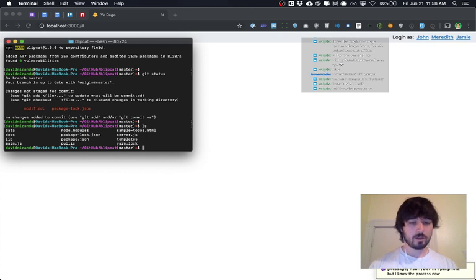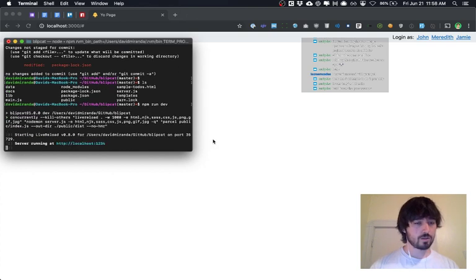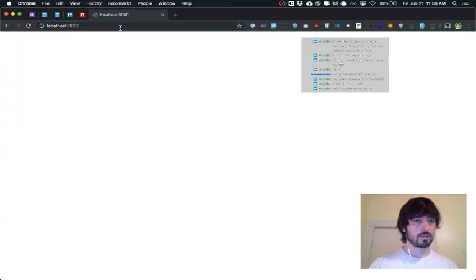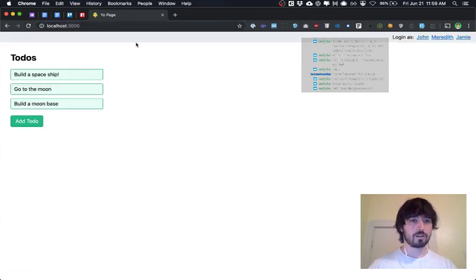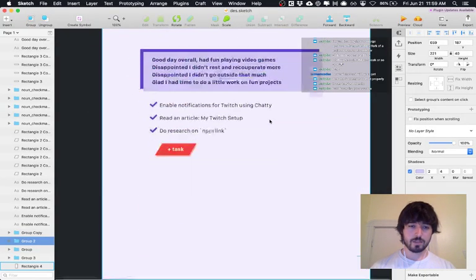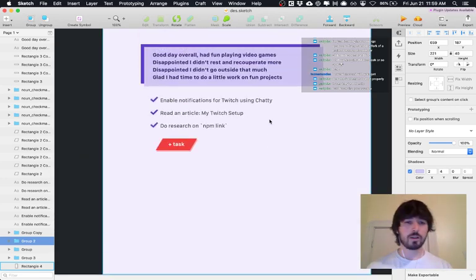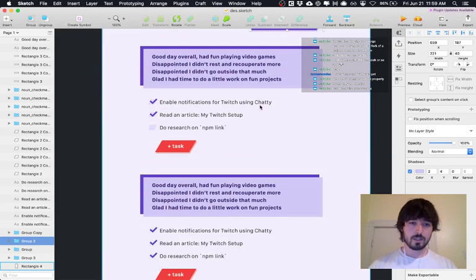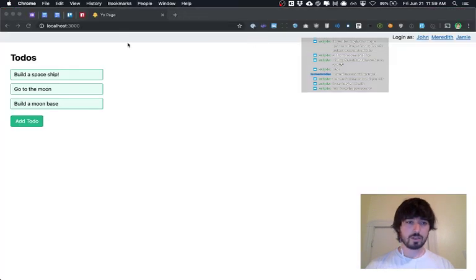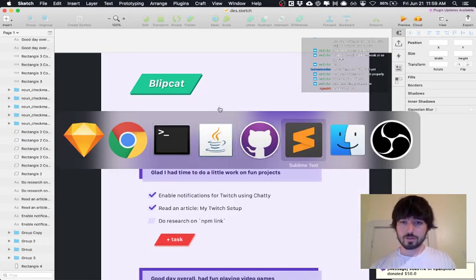Okay, so now we've got npm initialized, so we can do npm run dev, and that should run our local server on port 3000. So now we have a copy of our to-dos app, but we're going to change all of this around. So we're going to design this page, and we don't have any of the styles currently built out. So we have to build them all. So what I like to do first, and